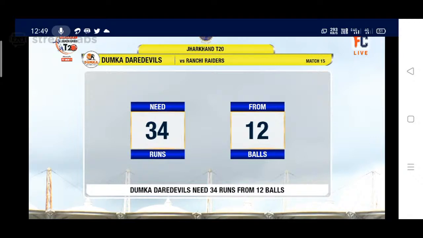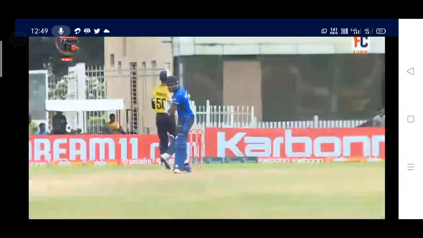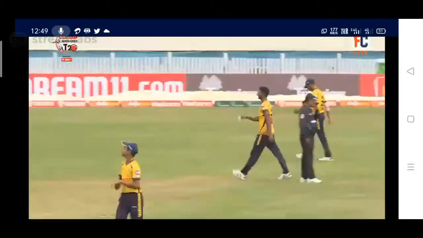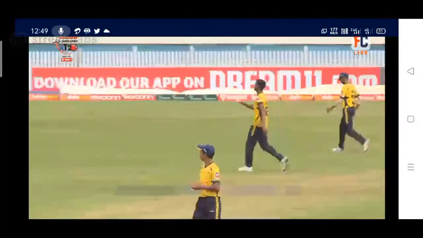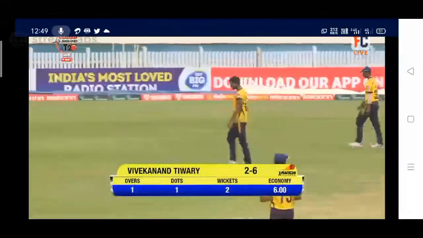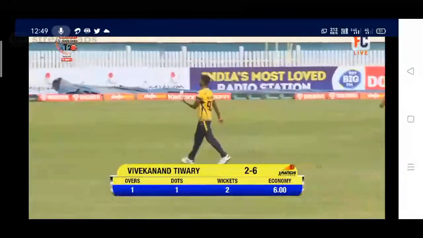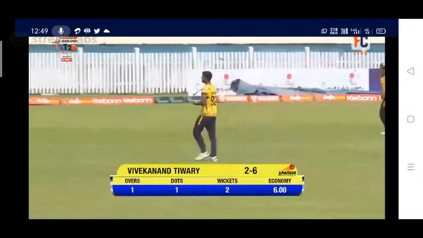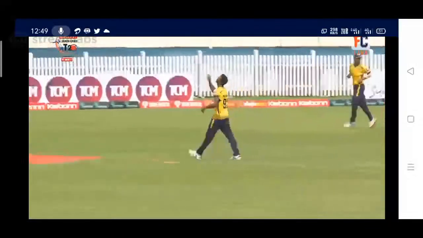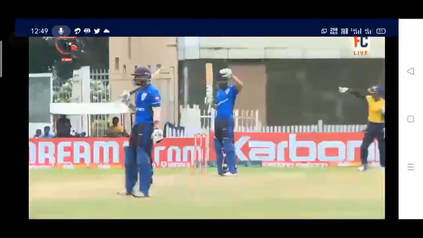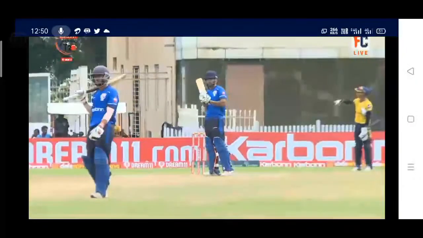So just 2 overs remaining in the match now. And it's an 8-over decider match between Ranchi and Dumka. Dumka have won 3 matches in the tournament. Ranchi just hovering with 1 win so far. And they would definitely want to win this match and move up a little on the points table. Vivekanand Tiwari doing great work with the ball, taking 2 consecutive wickets for Ranchi in his last over. Just given away 6 runs.